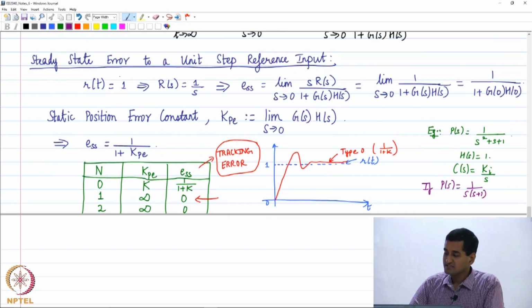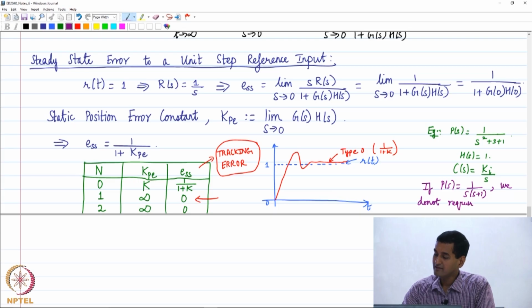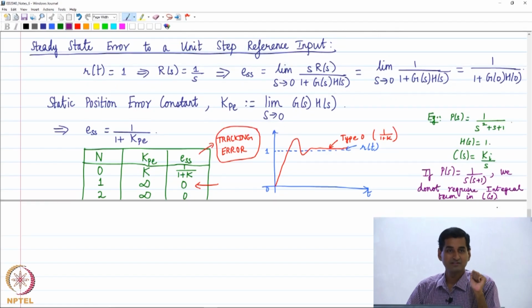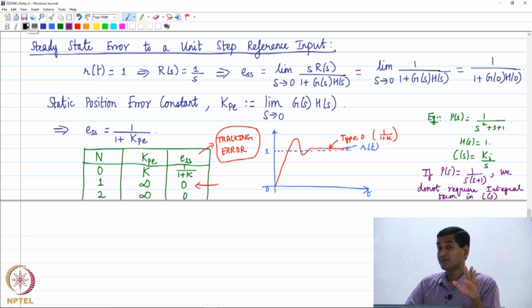So, if P of s is 1 by s times s plus 1, we do not require the I, integral term, in C of s for driving the steady state error to 0. Okay. So, that is what completes that sentence. Is it clear? Okay. But then we will shortly see, when we go to the root locus and